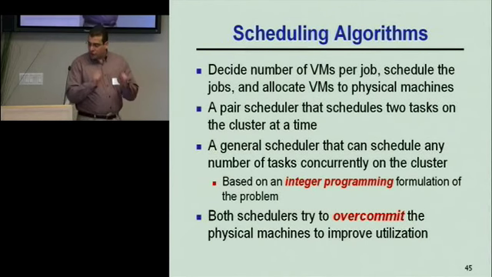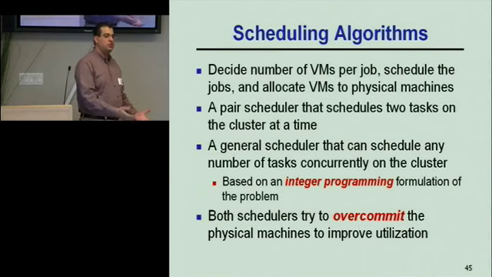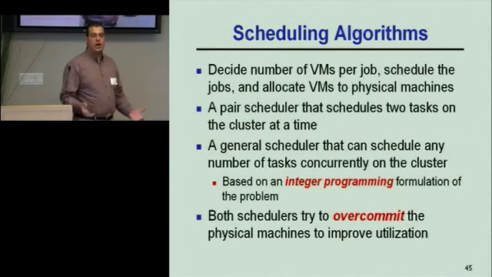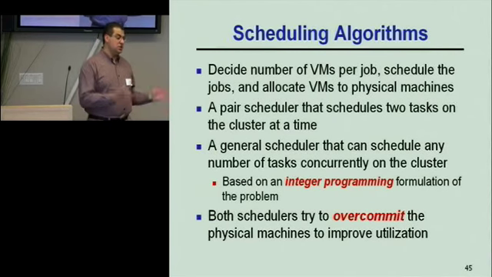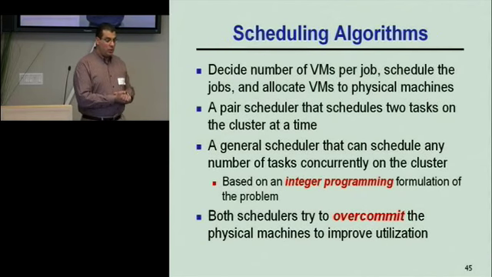Okay, and in all cases, when the schedulers try to allocate the virtual machines to physical machines, they try to overcommit the physical machines to jobs. So if they see that I have, for example, a machine that has IO-intensive jobs but no CPU-intensive jobs yet, they try to add CPU-intensive jobs. So basically, we're running these Hadoop jobs in virtual machines. We can take a physical machine with 4 CPUs and 2 disks, and on this machine run virtual machines with a total of, say, 8 CPUs and 3 disks. Okay? Why can we do that, or what's the advantage of doing that? It's because we know whether these jobs are CPU intensive or IO intensive.